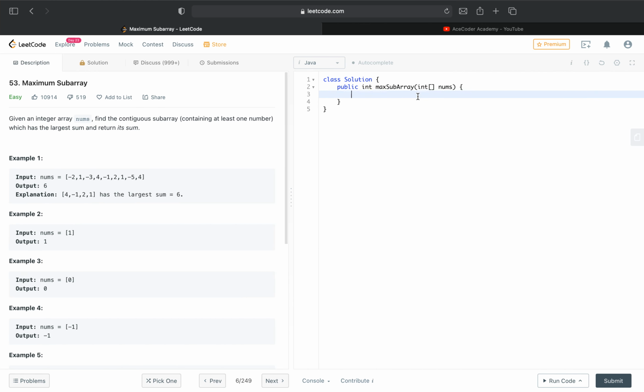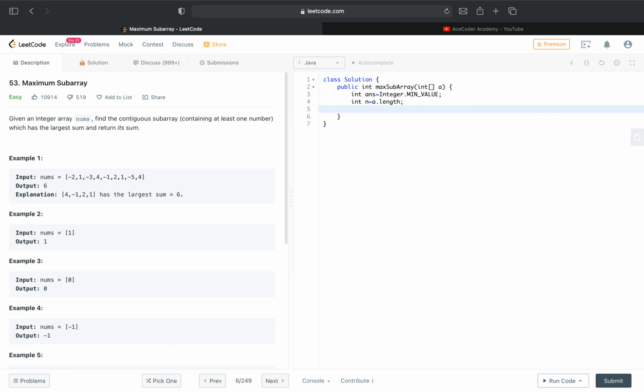So I will be creating my answer variable where I will be storing the answer, and I will be initializing it to minus infinity, and now n is equal to the length. I'll be renaming this as a.